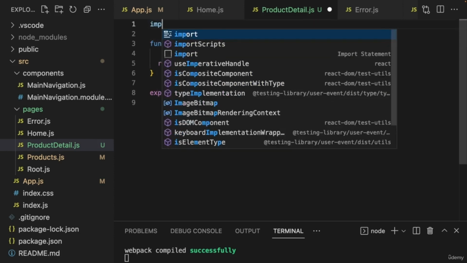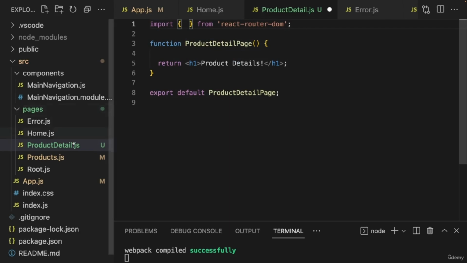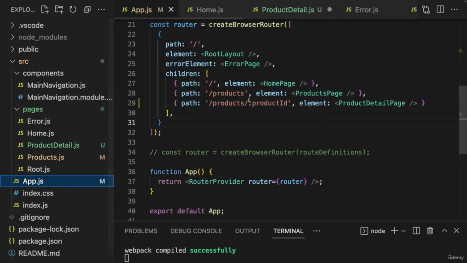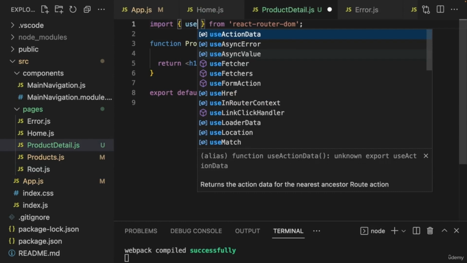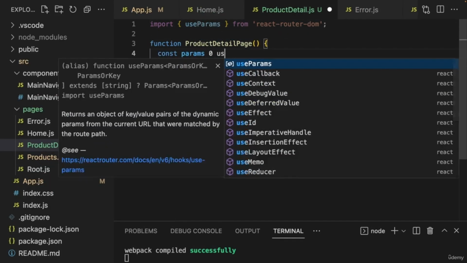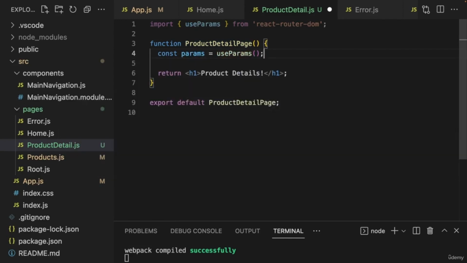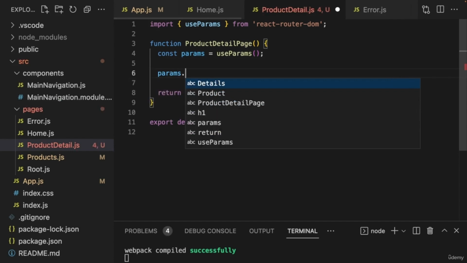And of course, that's also a common scenario, and therefore React Router DOM gives us another tool for getting hold of the actual value used instead of that placeholder, instead of :productId. And that tool, which we get from React Router DOM, is the useParams hook. This hook gives us a params object, if we call it like this. And this params object is a simple JavaScript object which contains every dynamic path segment we defined in our route